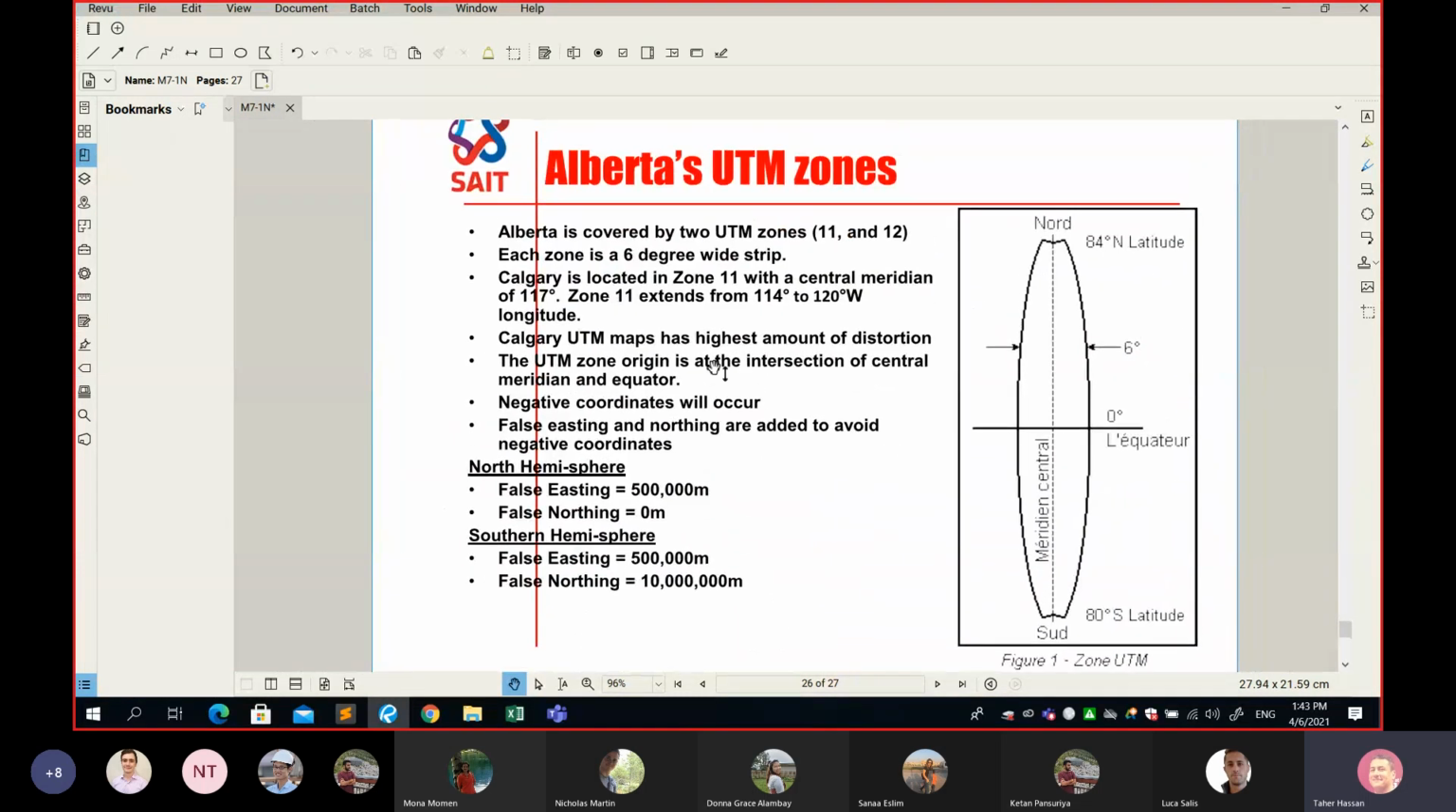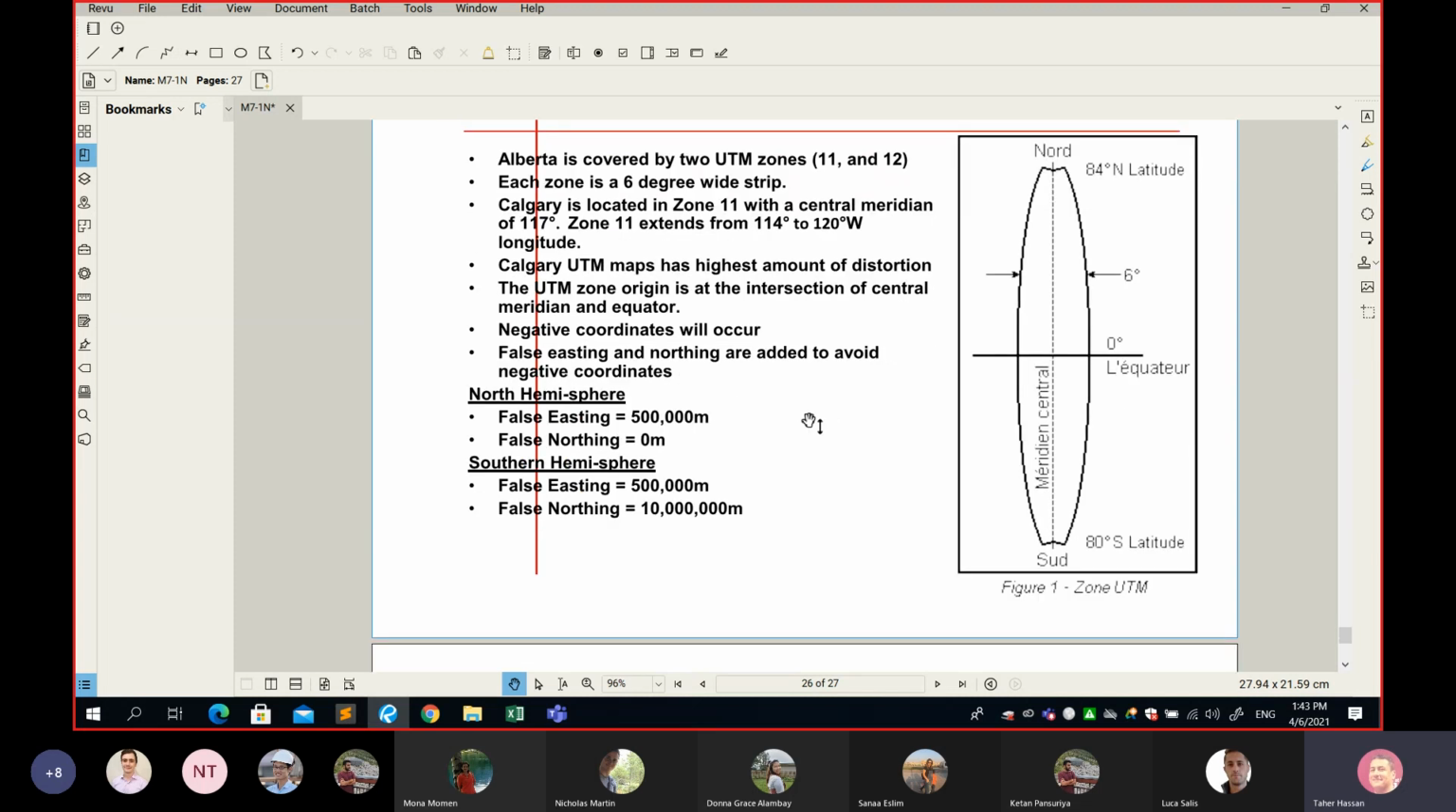Now, a few things I want to mention before we end today's class. We have 7 minutes and I'm pretty sure we can finish it. UTM splits the entire globe by how many zones? 60 zones. Every zone is 6 degrees. So UTM splits the entire globe into 60 zones, and every zone is 6 degrees. That's UTM. Okay? But you know what? There are some other